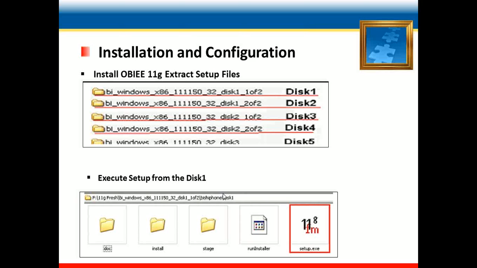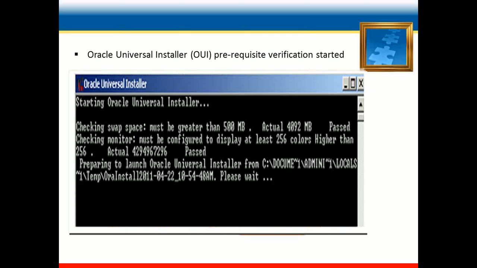These are the files as I mentioned on the screen, named 1, 2, 3, 4, and these are the important files we need to extract. The setup.exe is available under this, and we just need to click on the setup.exe, and we can start our